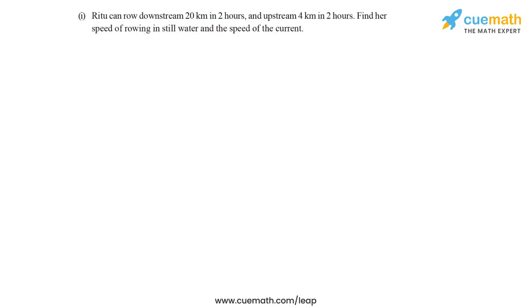The first part says that Ritu can row downstream 20 kilometers in 2 hours and upstream 4 kilometers in 2 hours. Find her speed of rowing in still water and the speed of the current. So the two unknowns in this situation are the speed of rowing in still water